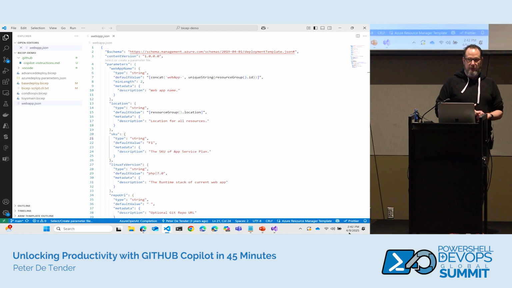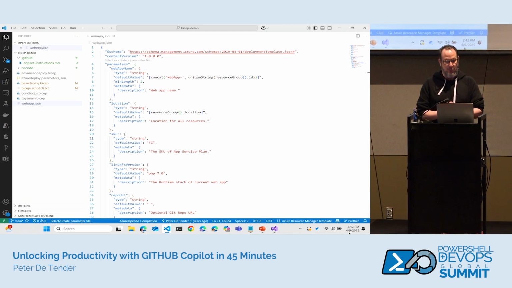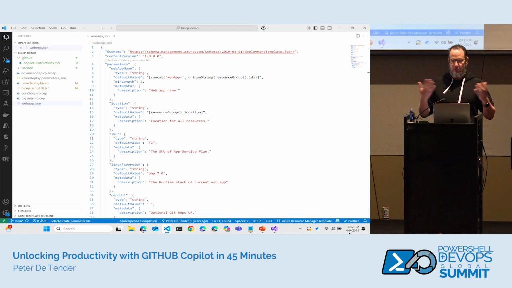So we had a bit of PowerShell to please about 30% of the room. So my next example is using my ARM templates, my bicep, or maybe those two combined, why not? So I go in